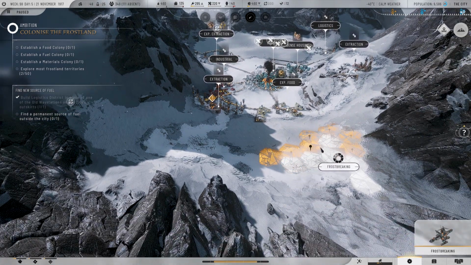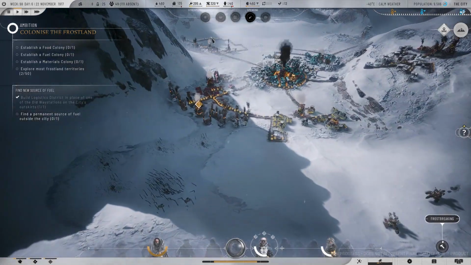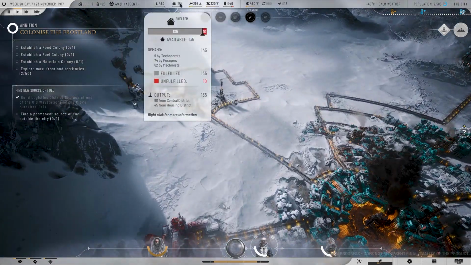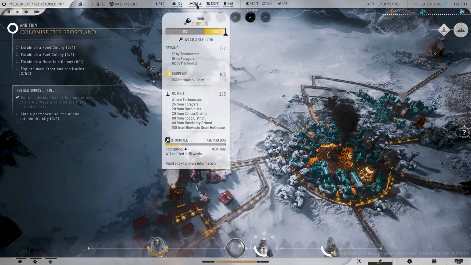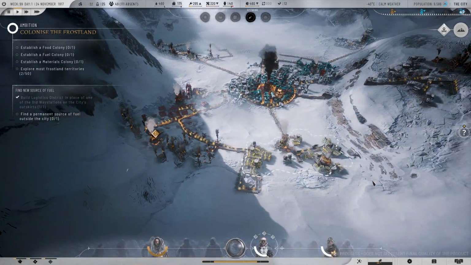We want to make sure that we're always storing coal and never letting any of it go to waste. So you do have to manage your resources. If we find that your stockpile is kind of tapped out, you need to make sure that you're stockpiling correctly. So on that note, we do need